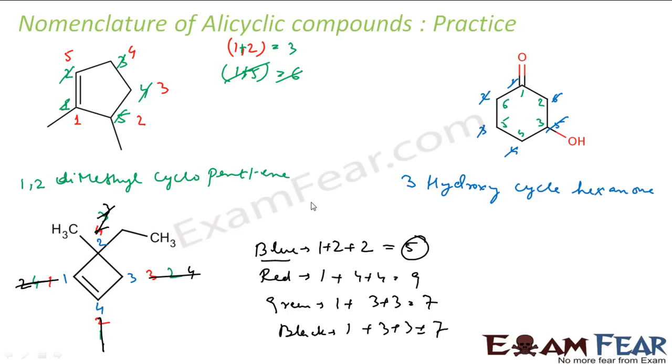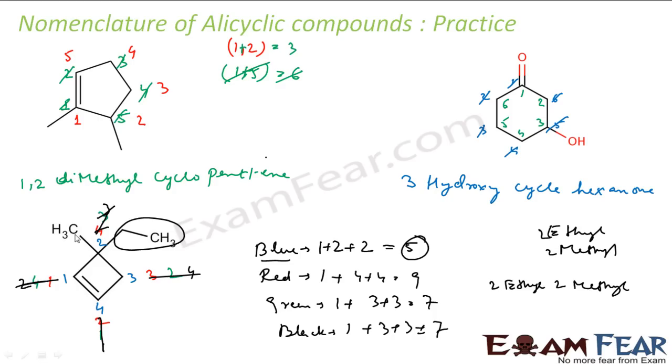So the name of this compound will be, if we have taken the blue one, which is correct, at 2 I have ethyl and methyl group. E comes first, ascending order, ethyl and methyl, right? Both are at 2 position. E comes first, so it will be 2-ethyl, 2-methyl. At 2 I have methyl also, right? I have methyl, and then I have cyclic ring, so cyclo. There are 4 carbons here, so it is but. At 1 position I have ene, so it is butene.